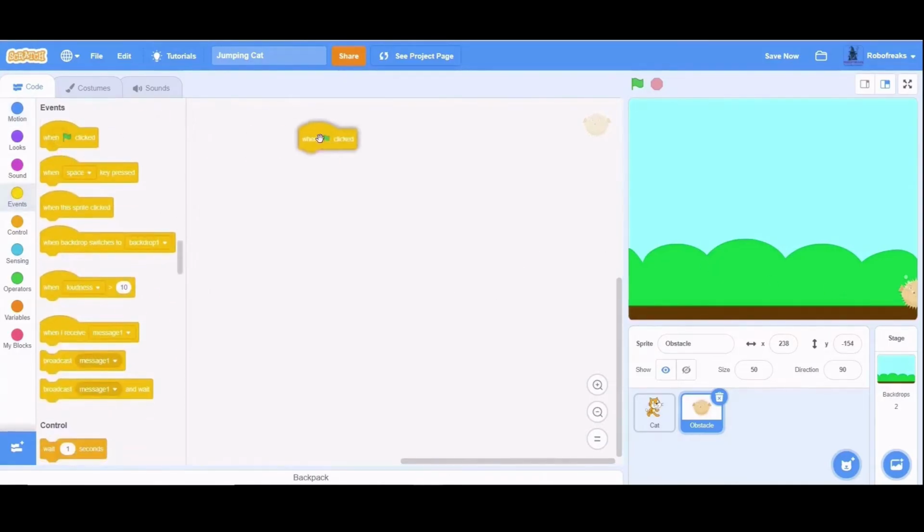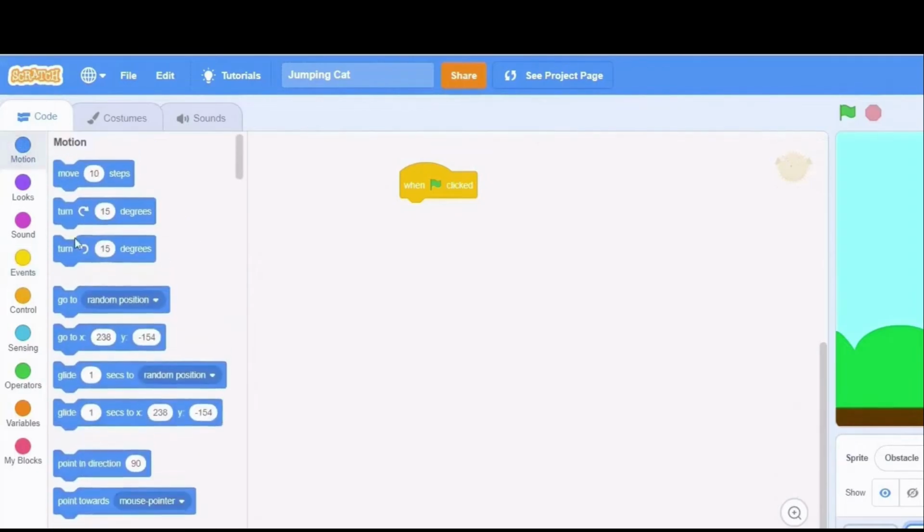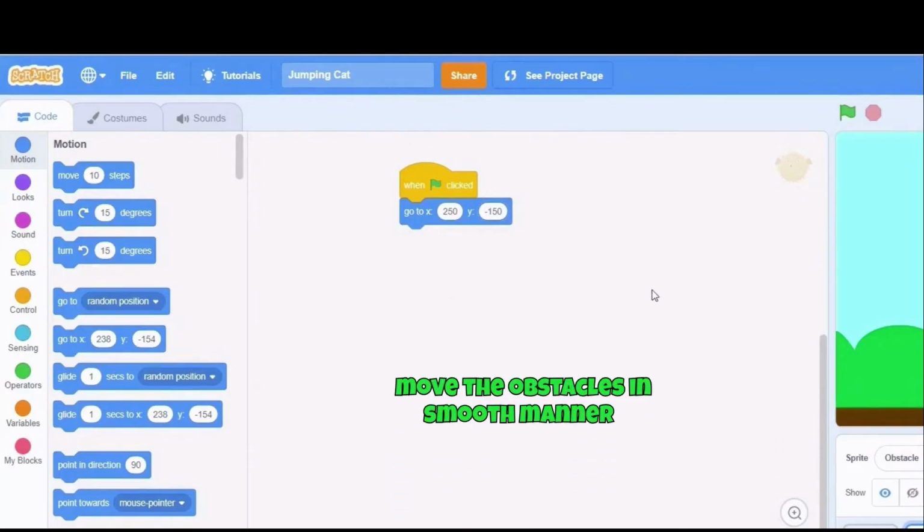Pick the green flag block. And initially, we want the obstacle here. We will use the go-to block for that. Now, we want it to move left, but in a smooth manner.